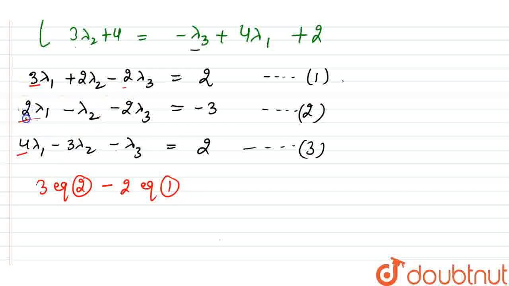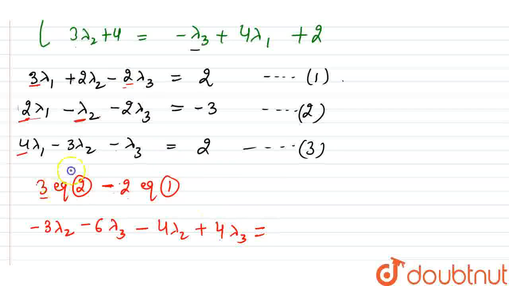If we multiply 3 with 2, this will be 6 lambda 1 and this will be 6 lambda 1, so this will cancel out on subtraction. Multiply this with 3, this is minus 3 lambda 2, this is minus 3 times 2, 6 lambda 3. This is minus 2 times 2, 4 lambda 2, and this is plus 2 times 2, 4 lambda 3. And in the RHS we have 3 times minus 3, that will be 9, minus 2 times